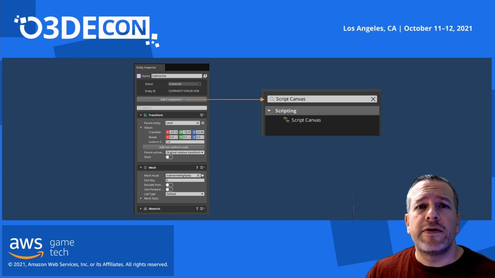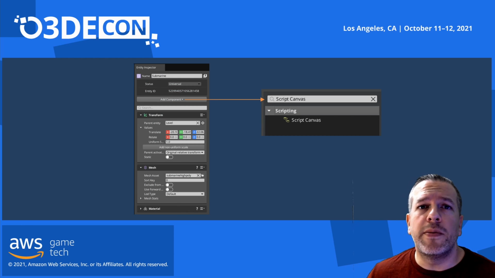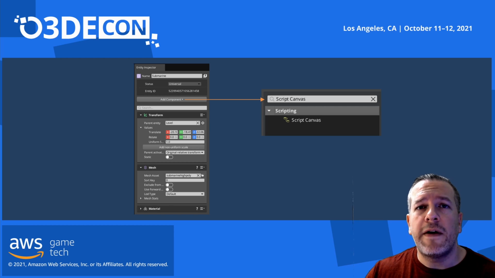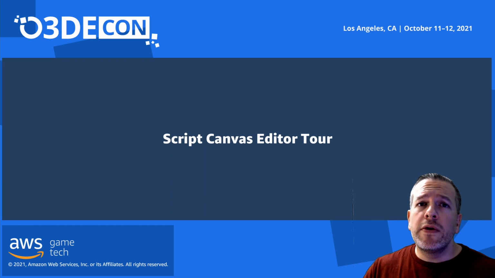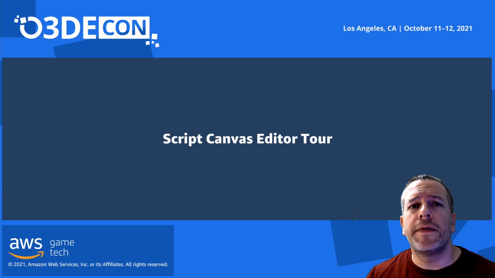Since we're going to be talking about Script Canvas, it's worth mentioning that Script Canvas itself is a component. So any entity that you wish to give behaviors to, you can assign a Script Canvas component on it, and that will allow us to begin crafting our behaviors and how we want our entities to behave. Now we're going to switch into O3D, where I'm going to give you a short tour of the Script Canvas